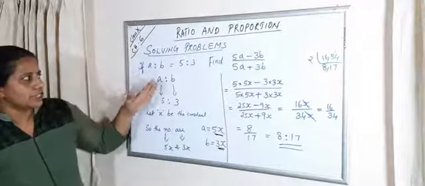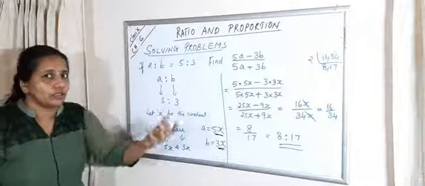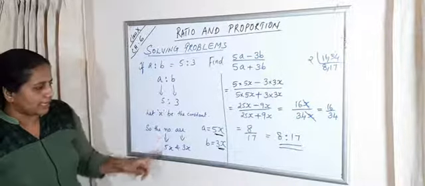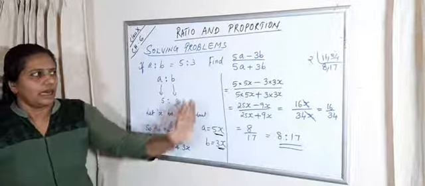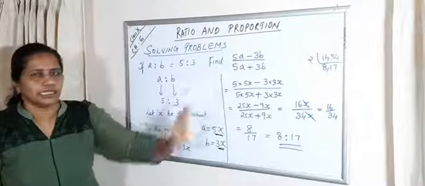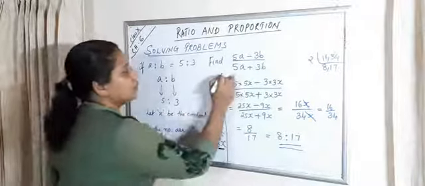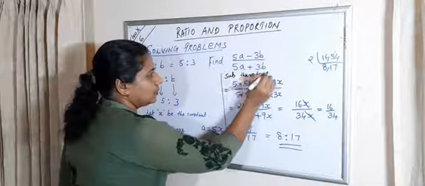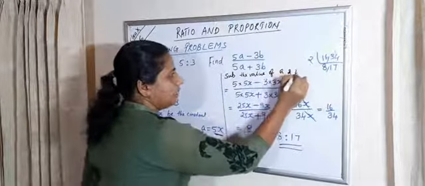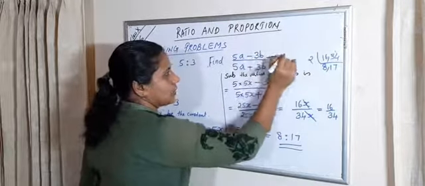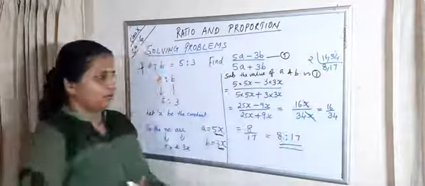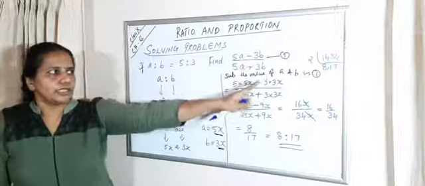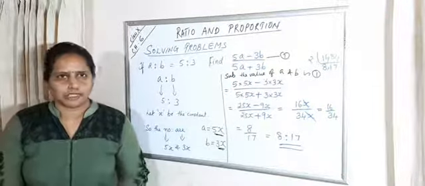That is, first the a is to b ratio is given. So we don't know the constant value. So we take it as x and make a equal to 5x and b equal to 3x. After that, substituting these values in the given ratio, substitute the values of a and b in this ratio. Then, the x cancels, you will get 8:17.